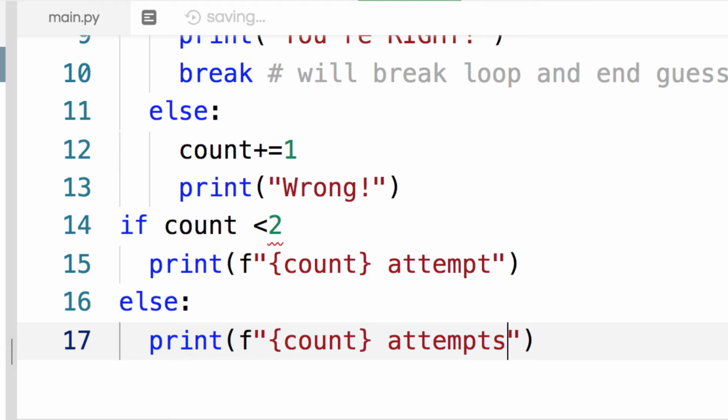So if you want to be a little more detail oriented instead of just using the s in a parentheses, you could do that. So if the count is less than 2, it'll say attempt. Otherwise, it'll say attempts. So most of the time, this is a rare occasion, but if I got it right,